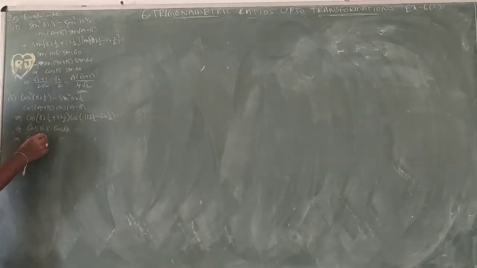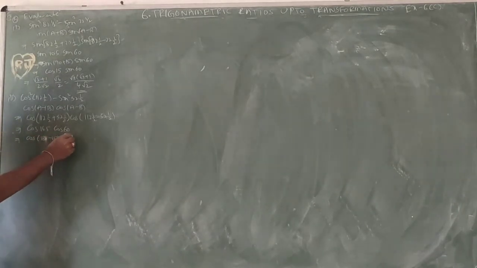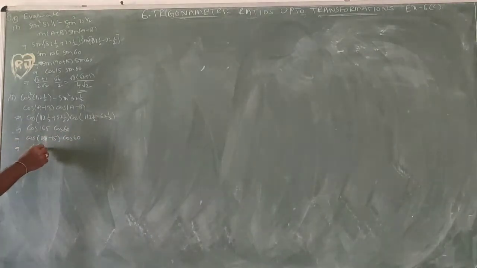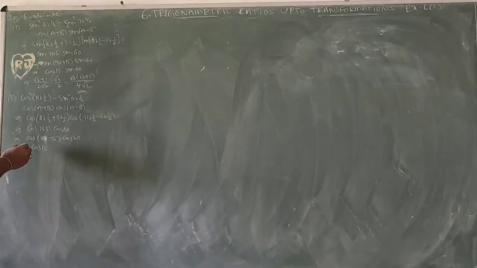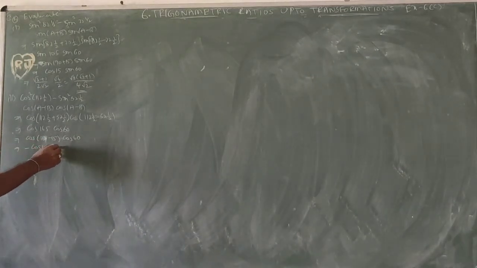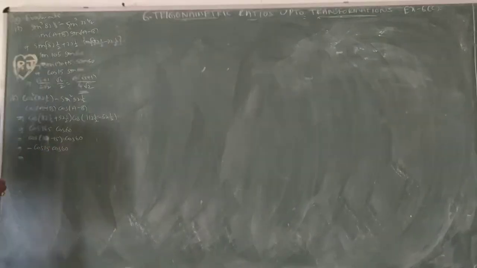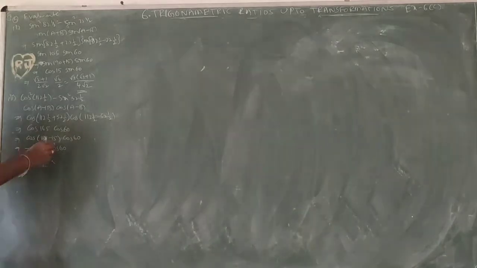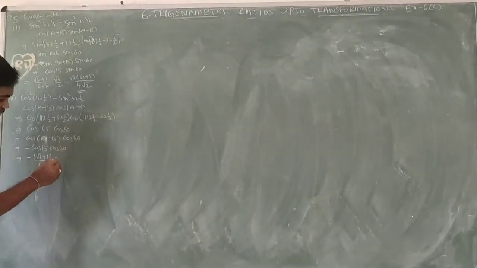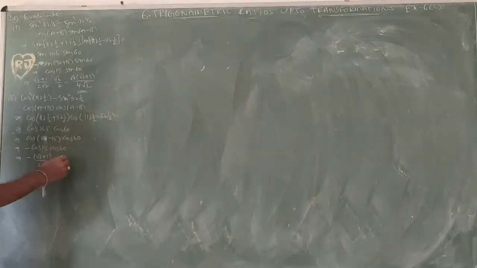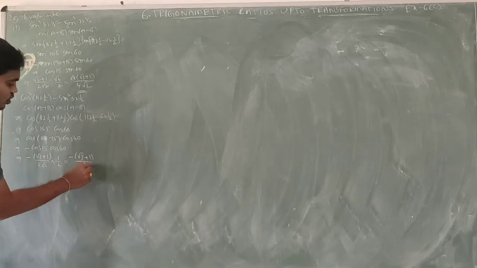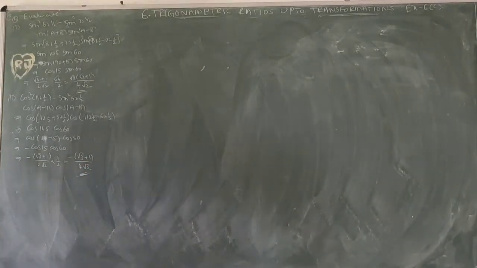So cos 165 equal to cos of 180 minus 15, into cos 60. Since it is 180, cos stays cos. It is in the second quadrant, and in the second quadrant cos is negative. Cos 15 value root 3 plus 1 by 2 root 2 into cos 60 value, which is 1 by 2. So minus of root 3 plus 1 by 4 root 2. So this is the required solution. Next, third.